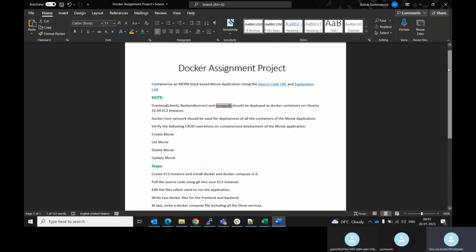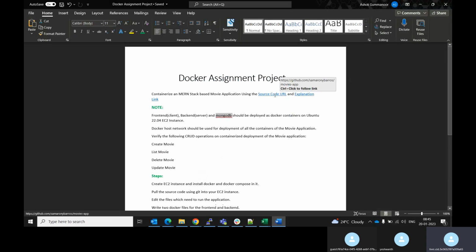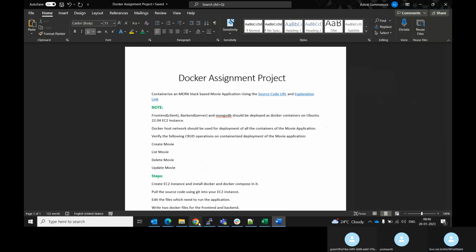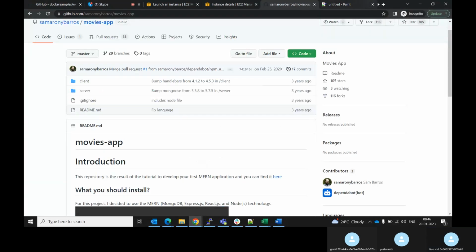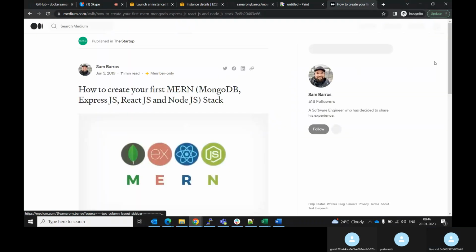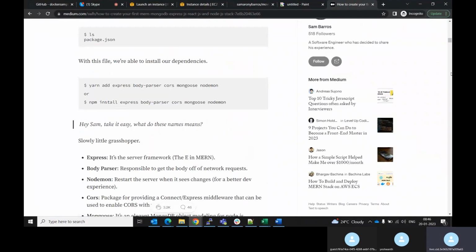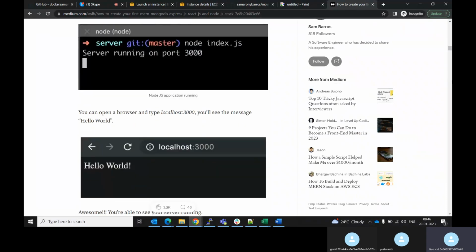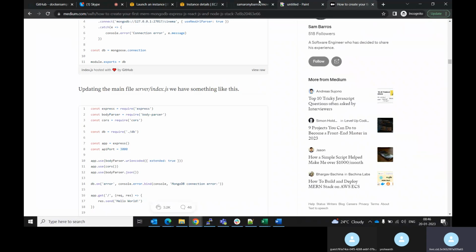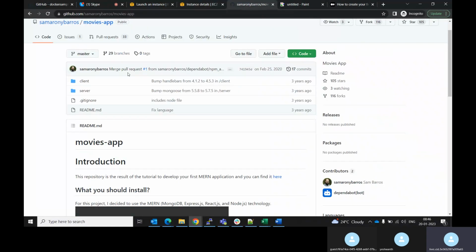If you go to this source code URL, there will be the one which you have to take. This is the explanation link. You can go here. This is a Medium article where they explain how they created an Express Node JS app. If you want, let me show that also. This is the way how they have done it, and that was the reason they are mentioning it here. But for us, we will take this git pull,